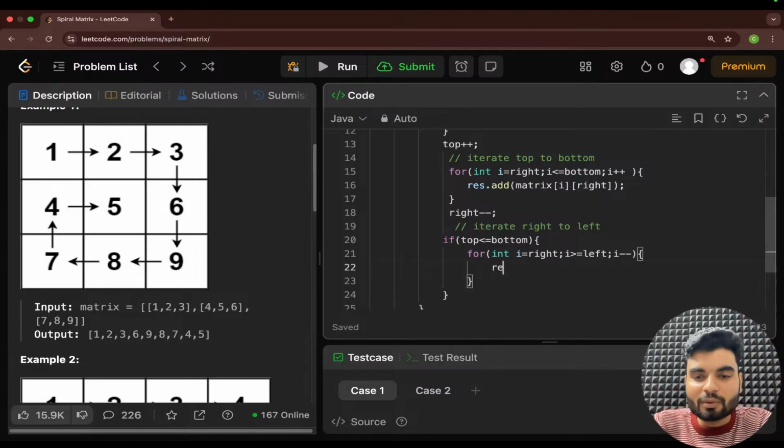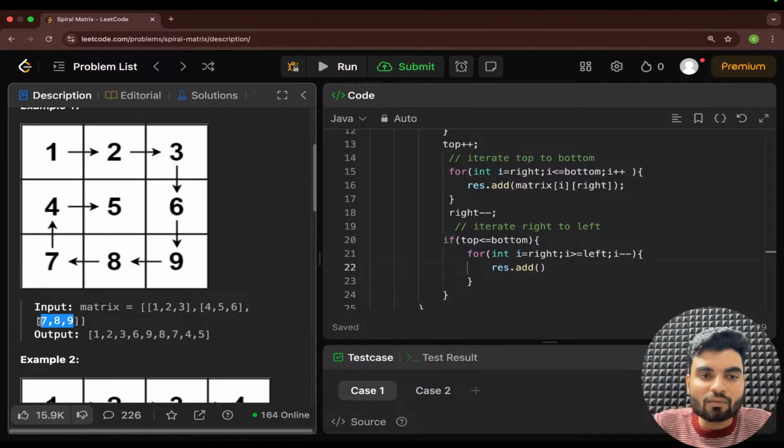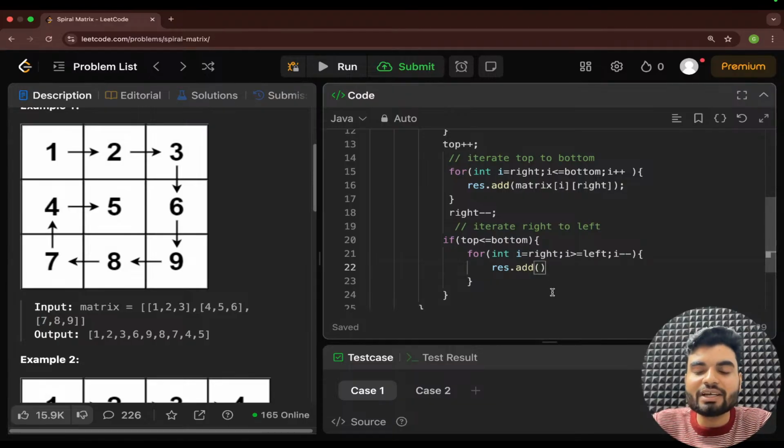And here we will add result dot add. Then tell me who is constant. Who is constant? Bottom is constant. Who is changing? Bottom is constant, right? Who will have these 7, 8, 9? This thing I want. First thing I want 9, I want 8, I want 7. So what I have to do is that in the matrix, my bottom edge is constant, that will not change because bottom is pointing out to